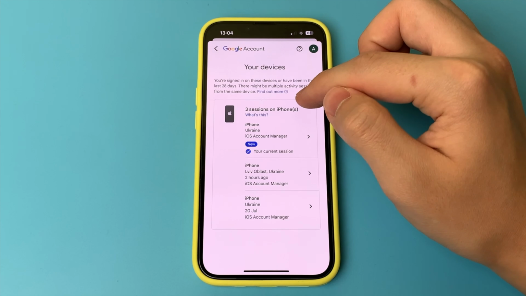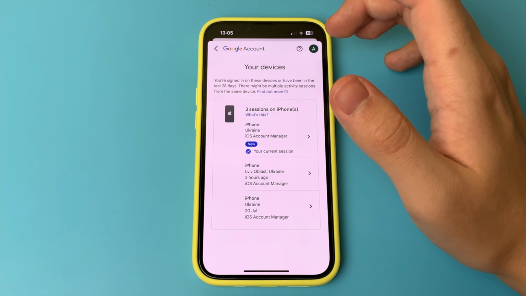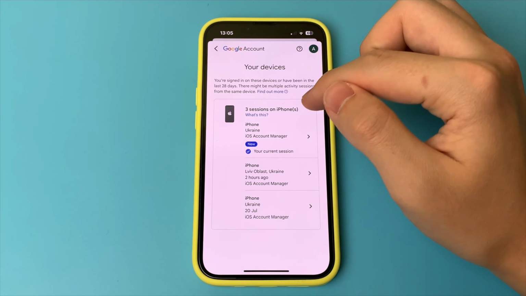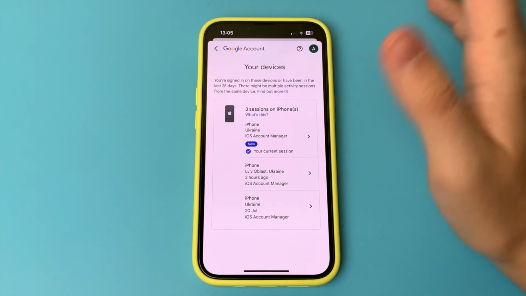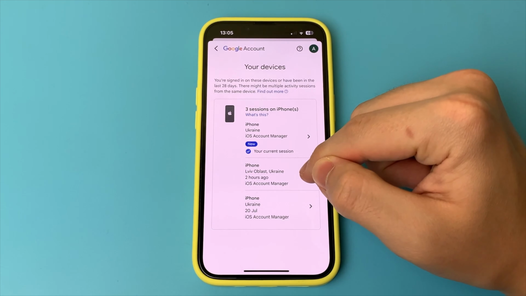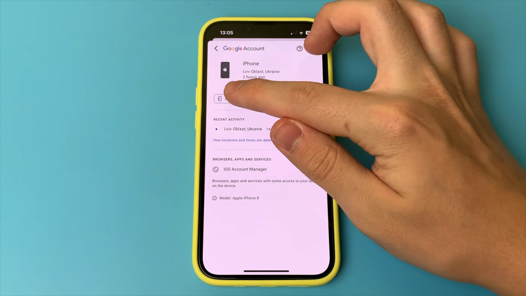You click on Manage Your Devices, and here you can see all the devices from which someone has logged into your account. Then you select the device you want, and click Log Out of the Account. After that, you will be logged out on that device. As you can see, this is a very simple and quick way. Done. There is nothing complicated.